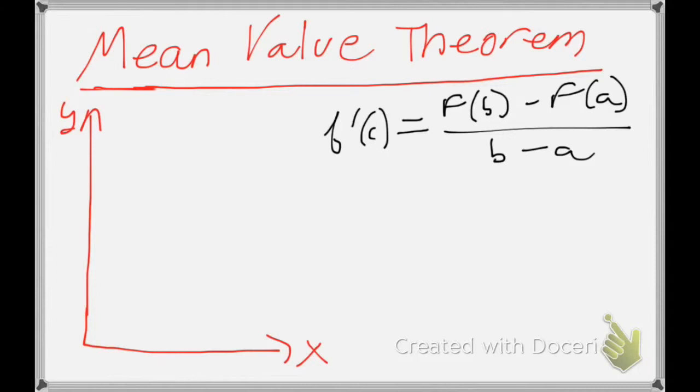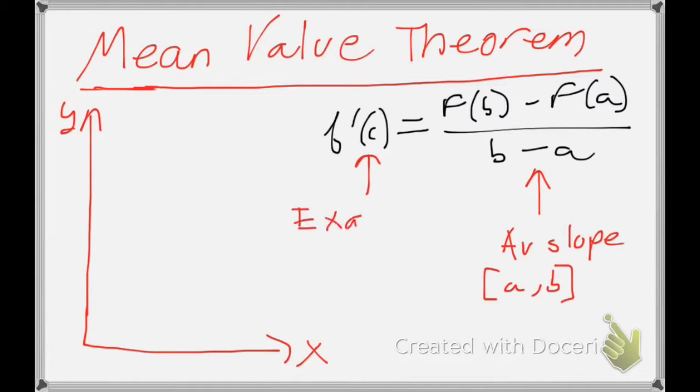And this exactly deals with the intermediate value theorem because, as you can see, we are solving for point C right there. However, this is a special point C. What this equation states is that the average slope from A to B of a function at one point must equal the exact slope at a point C. And to have a visualization of how this applies, imagine this is our function f of